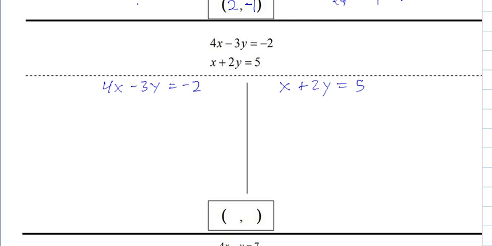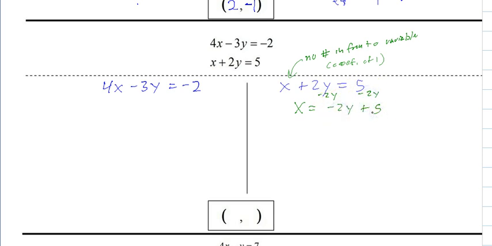And you find the one right here that has no coefficient, basically a coefficient of 1. So no number in front of the variable. All right, and that's a coefficient of 1. And that's what you want to solve for. So we get x equals, subtract 2y from both sides,